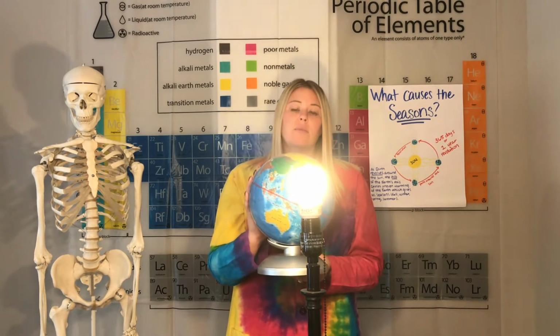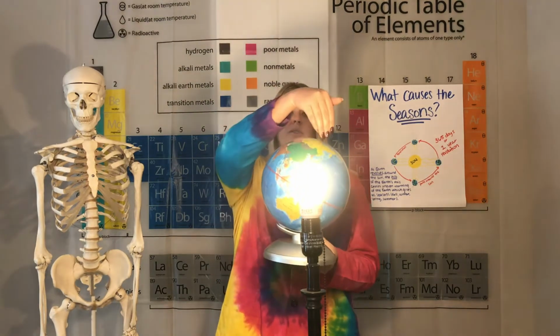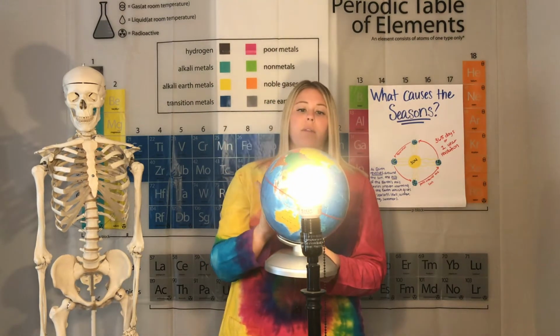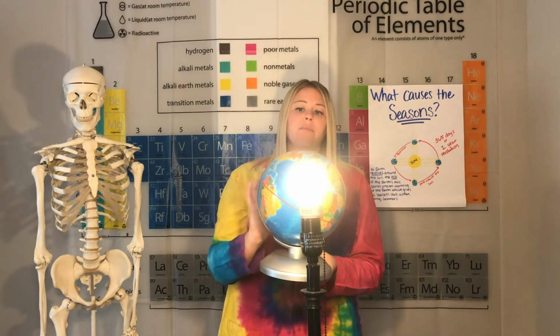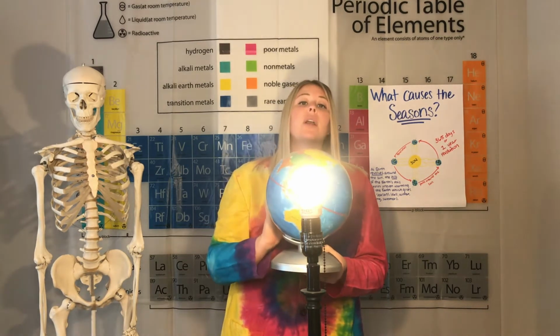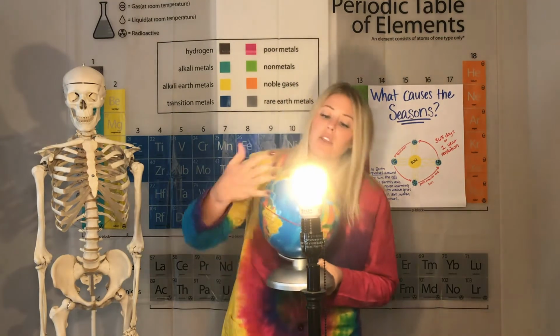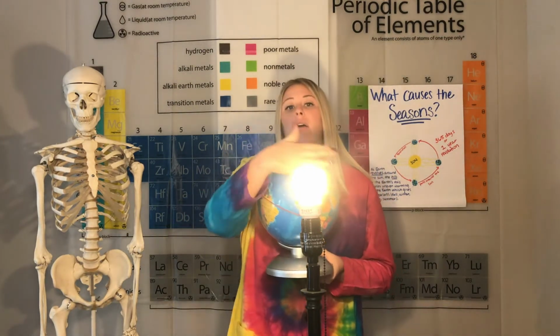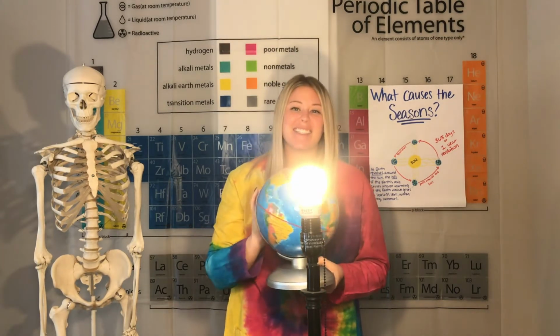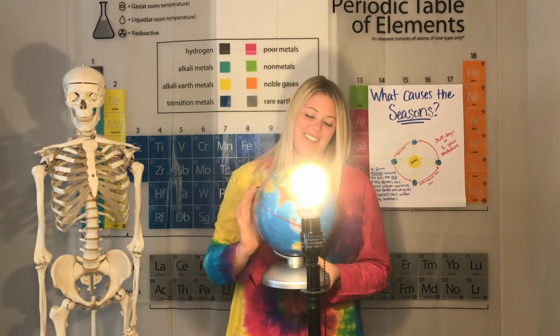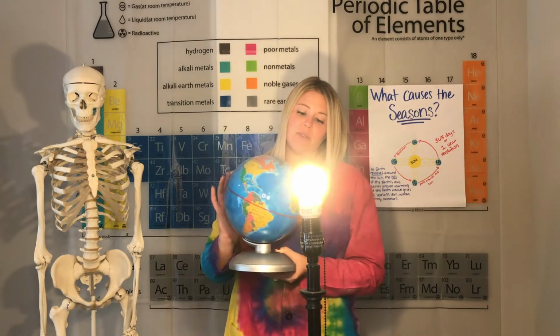And right now, here's our tilt, so north, south, Earth is spinning. And now we're going to start Earth's revolution. Now you will be able to see the amount of sunlight or light bulb light that's hitting the Earth each time. So as I start to move,